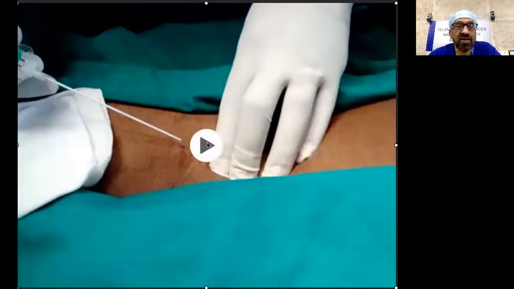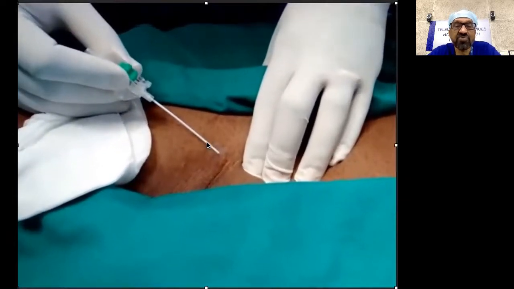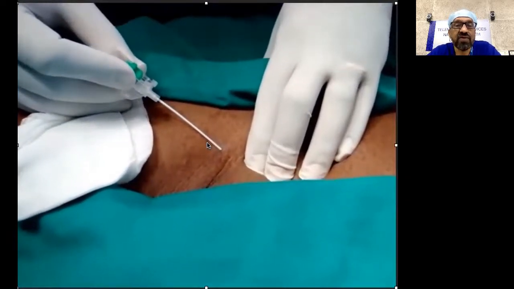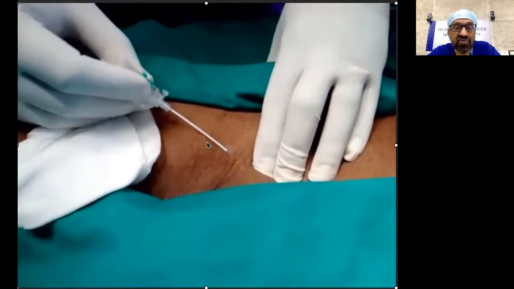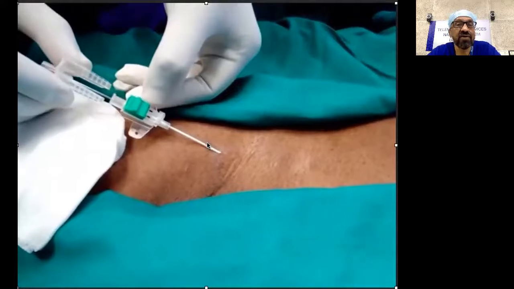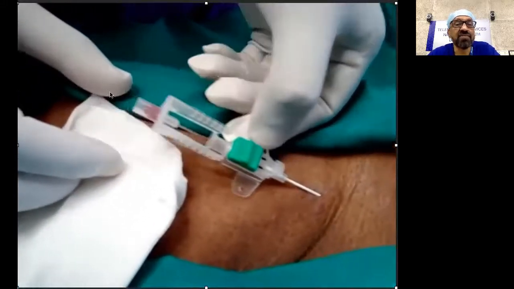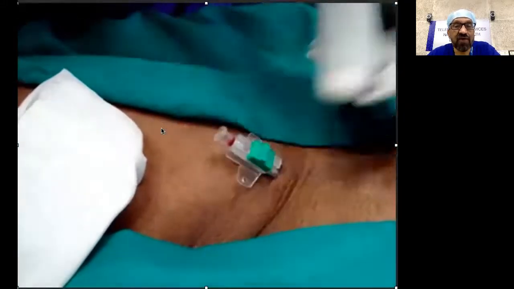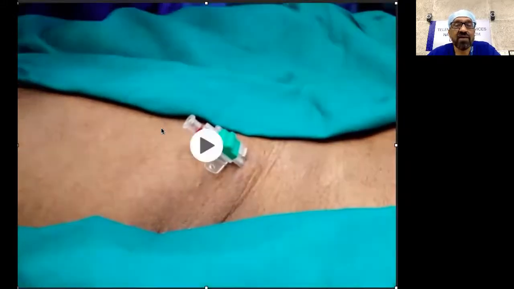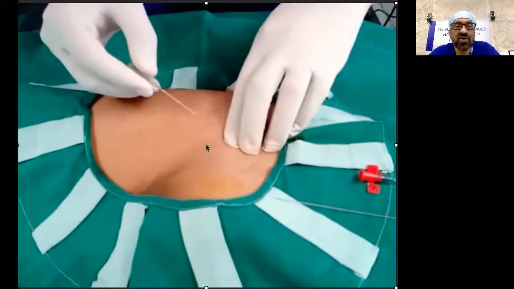The femoral arterial cannulation is shown here. The femoral artery is probably the largest artery in the body which is used for blood pressure monitoring. The site of entry of the cannula is identified below the inguinal ligament. And similar to the radial artery cannula, the flashback of blood in the hub of the needle, as is shown here, indicates the presence of the cannula in the artery, and then the cannula is glided over the needle, keeping the needle stationary. Or you may choose to use a Seldinger technique as is shown here.